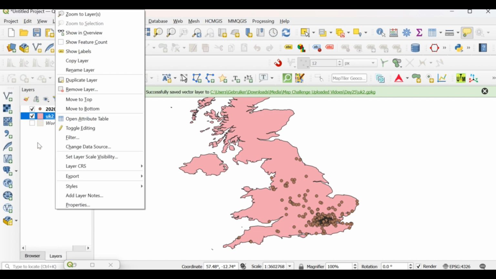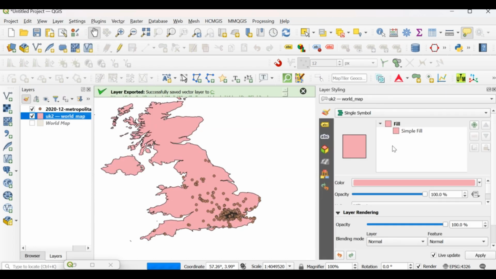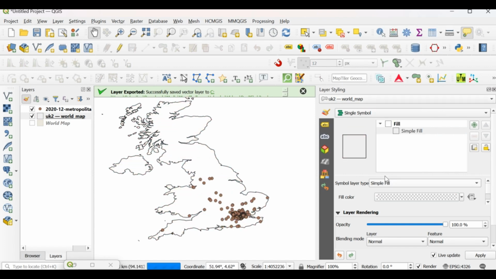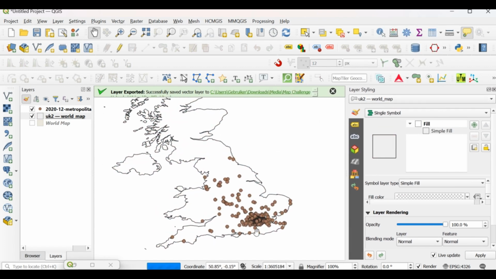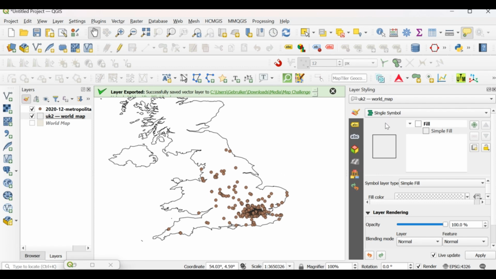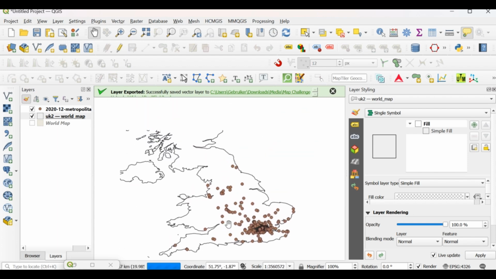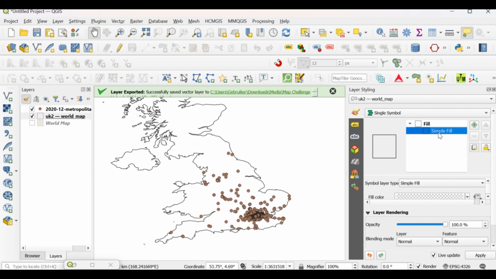The next thing I would like to do is to maybe make this transparent. If you look at it like this, without even changing the symbology type to heat map, you can still make sense from it that most crimes are within the southern part, but sometimes it's good to also change the symbology.